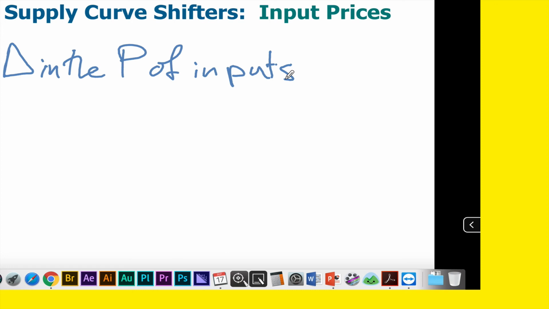What does M&M Mars Company need in order to make those peanut M&Ms? Peanuts, sugar, chocolate, food dye. Okay? Let's say that those 4 ingredients will get us a peanut M&M. The price of peanuts has gone up because so much of the South is flooded and the peanuts are washing away. Change in the price of inputs. An input is a thing that goes into the thing they're supplying. Got it?